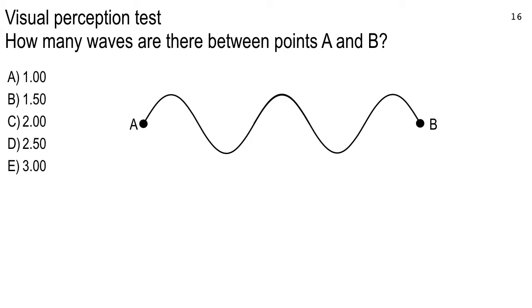Let's take a look. All right, here's a wavelength. See the red arrow there? Now let me put that down here at A. So that's one wavelength. So I got at least one. And then here's another one, so that's 2. And then that last bump, that's a half a wavelength. So my answer is 2.50. Raise your hand if you voted for 2.50. Good. Now the rest of you, keep that in mind.